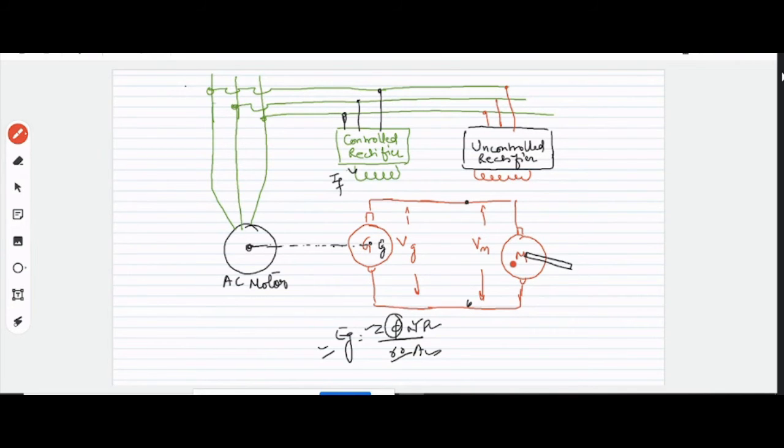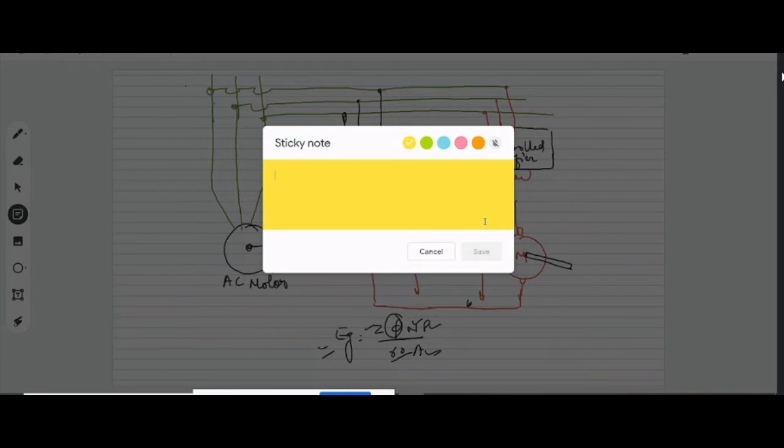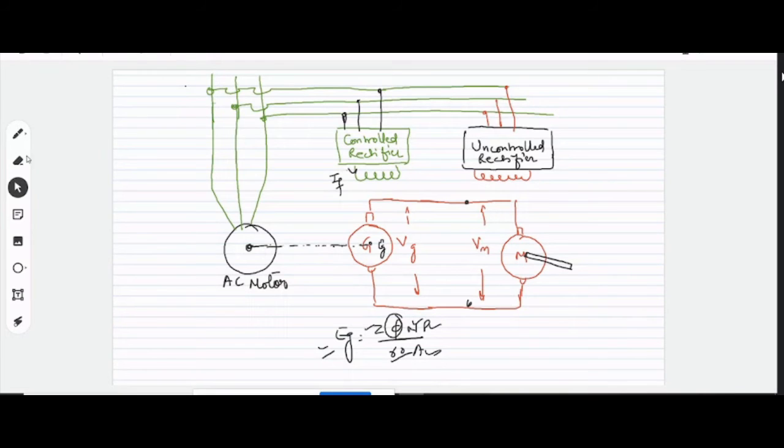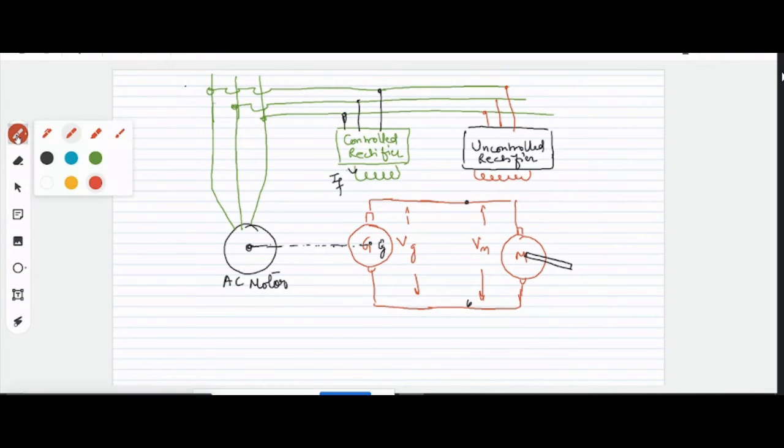Right? Is this clear, बच्चों? जो अभी तक बात बताई वो बात क्लियर है? Yes, sir. Yes, sir. Yes, sir. Right? So अगर हमें इसकी वोल्टेज कंट्रोल करनी है तो क्या करना है? केवल फील्ड करंट को चेंज करेंगे और जो अप्लाइड वोल्टेज है वो चेंज होने लगेगी. आई थिंक इट्स वेरी क्लियर, राइट? अब है क्या कि